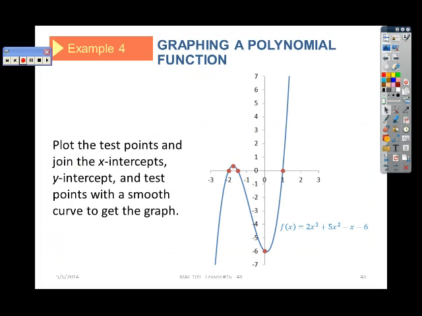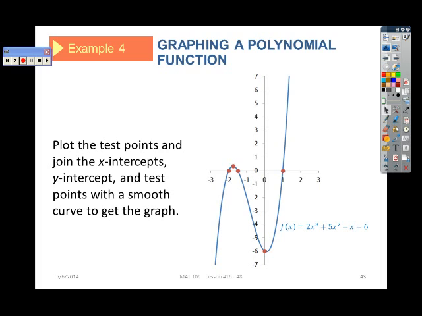Here's the point I picked in between. I think I picked a point at -3, which would be off the graph here, and then I picked one over here too, which would be off the graph as well. That just verified what was happening there. Then, you know,